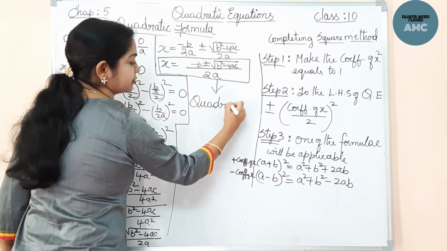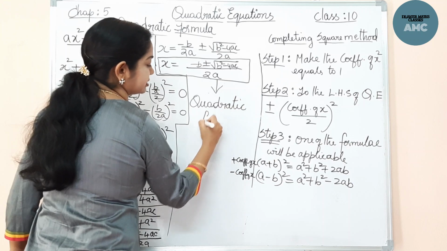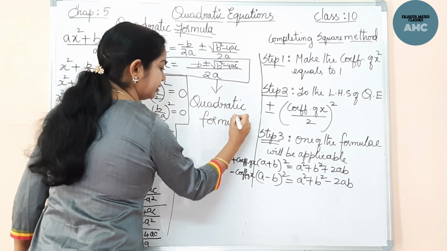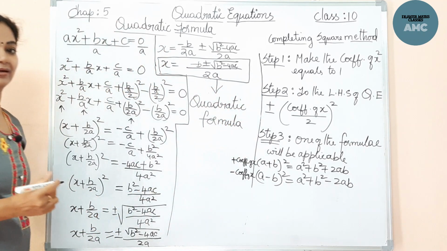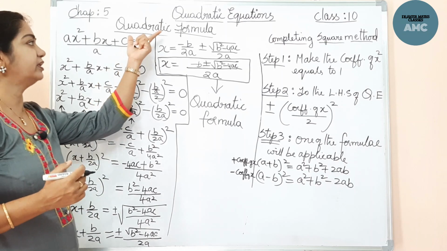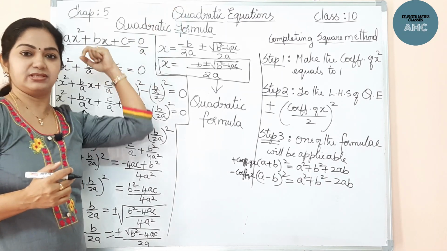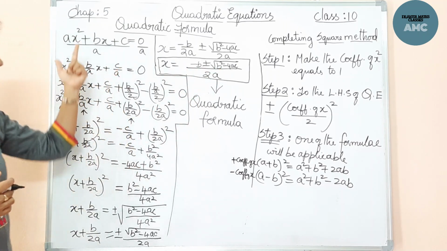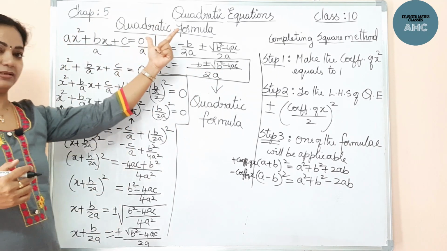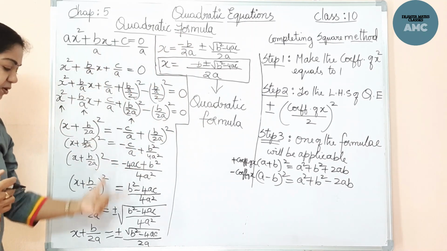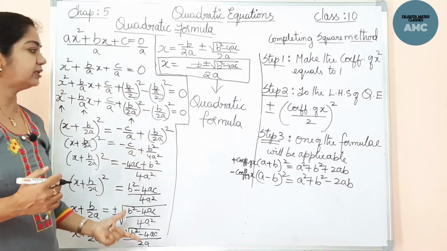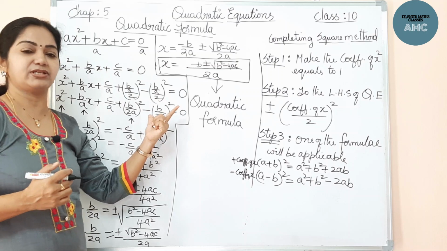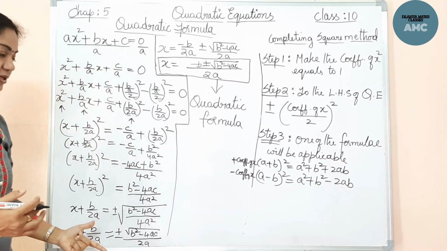We got this using the completing square method. This is called the quadratic formula. We can use this formula to find the roots of the quadratic equation. This is the third method, just directly applying the formula. So I am telling you, no need of rote learning or by-hearting. This is very complicated, you feel. So no need, it's not asked in the examination. For you to understand, I have deduced it.